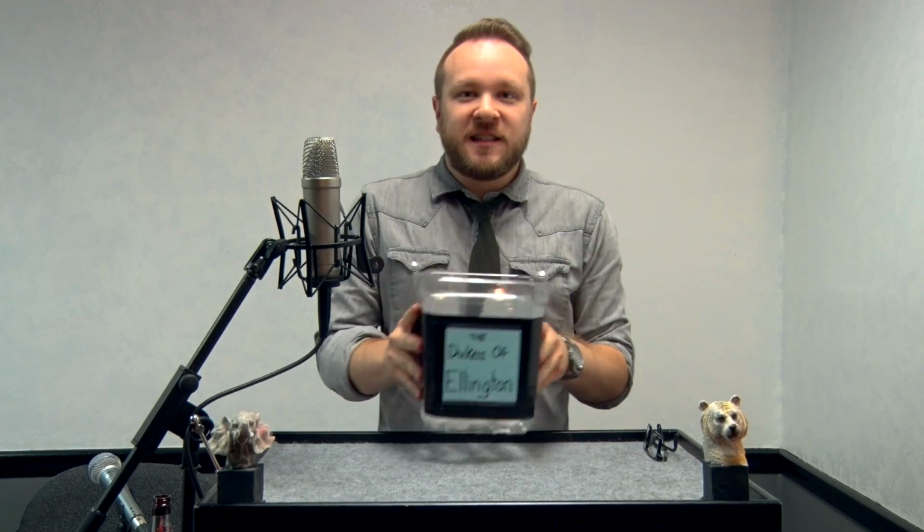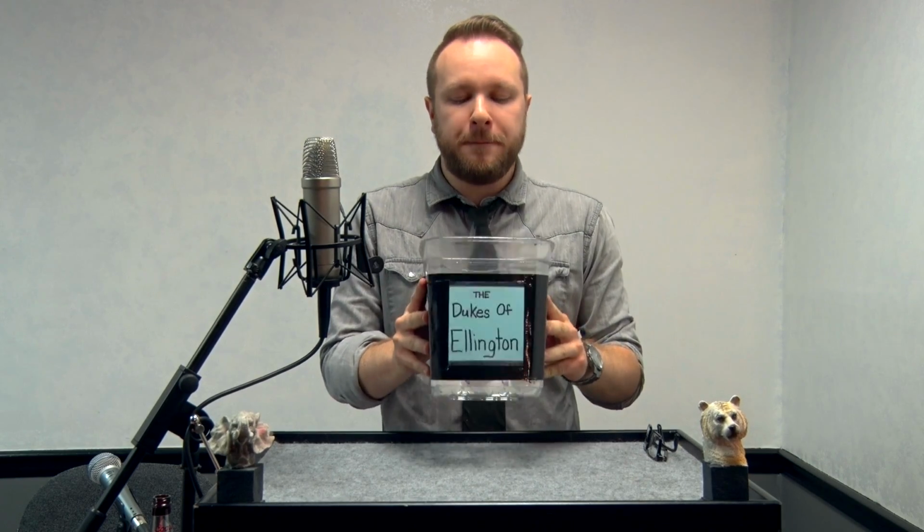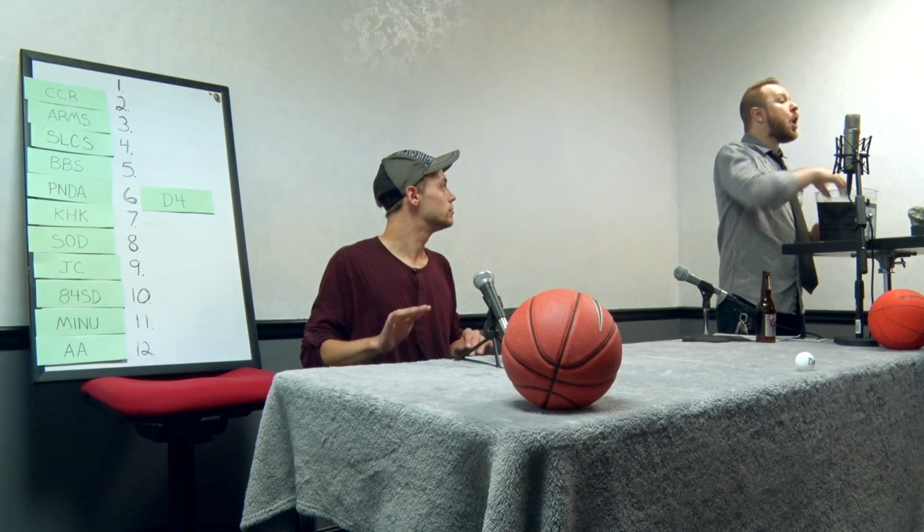And here comes the next pick. We go on over to the 7th pick. 7th pick now, after choosing 6th, Carol Dunn. With the 7th pick in the Dukes of Ellington Fantasy Baseball Draft, be a little bit lighter this time, guys. The 7th pick goes to